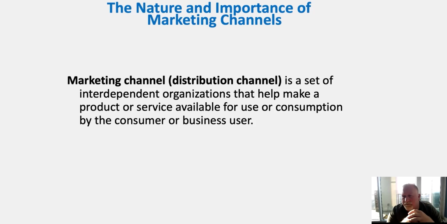Simple example of this. A manufacturer makes gum. We produce different kinds of gum. Think about any gum manufacturer. Those gum manufacturers don't simply just take that gum and sell it to end users usually. What they do is they use what's called an intermediary or a channel to get that gum out to people.